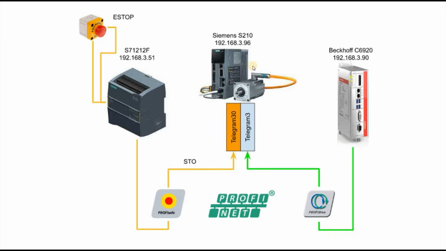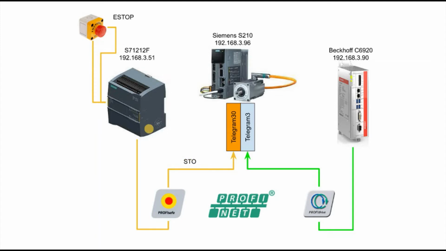Here, I will configure the Siemens S210 with Telegram 3 for the basic control and Telegram 30 for the Profisafe. In the Beckhoff C6920, we only control Telegram 3 by using Profidrive. And for Telegram 30, the Profisafe telegram, I control it with the